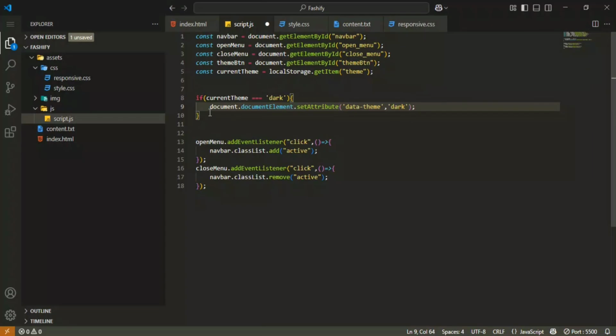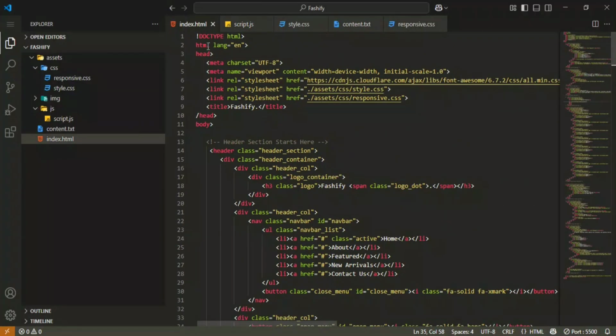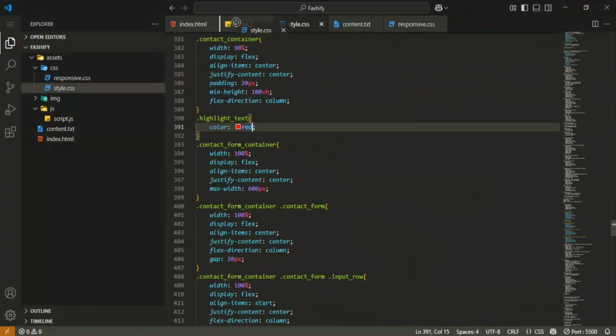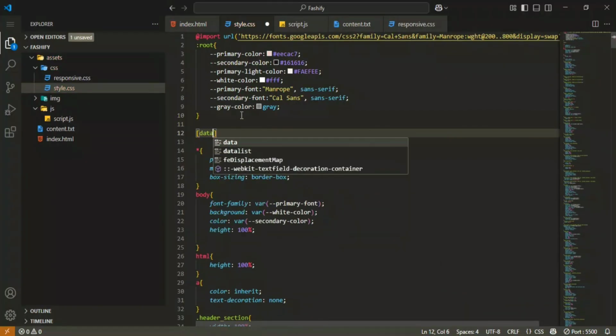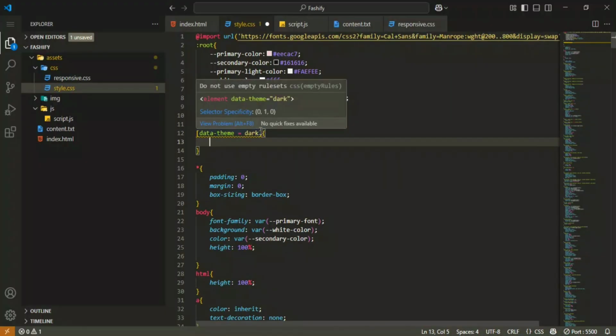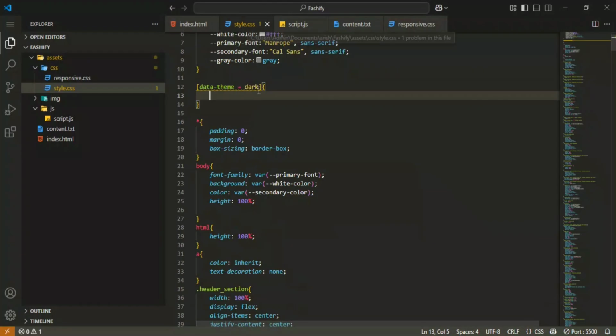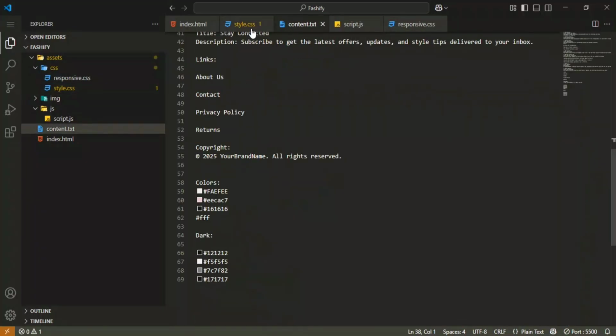The thing is, this is equal to document.query selector HTML. It will change the attribute of this HTML. For the attribute change, we are going to define the colors like data theme dark. Okay, just string. If your data theme is equal to dark, then the colors will be,